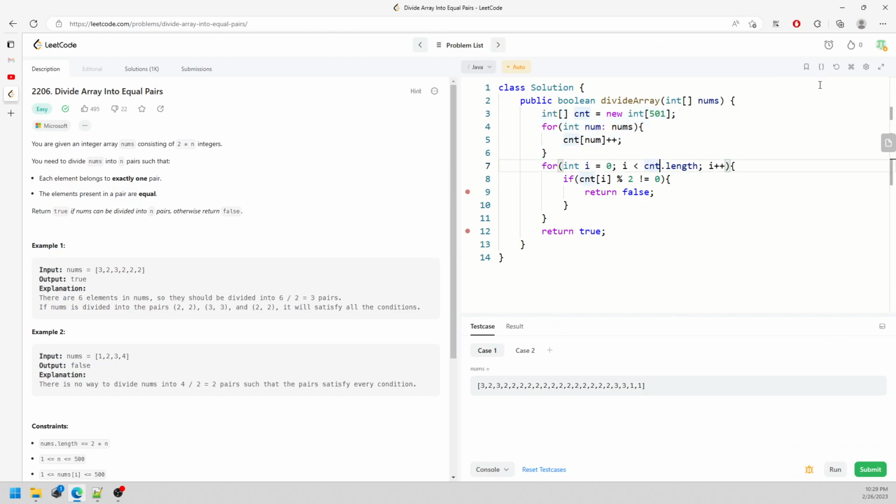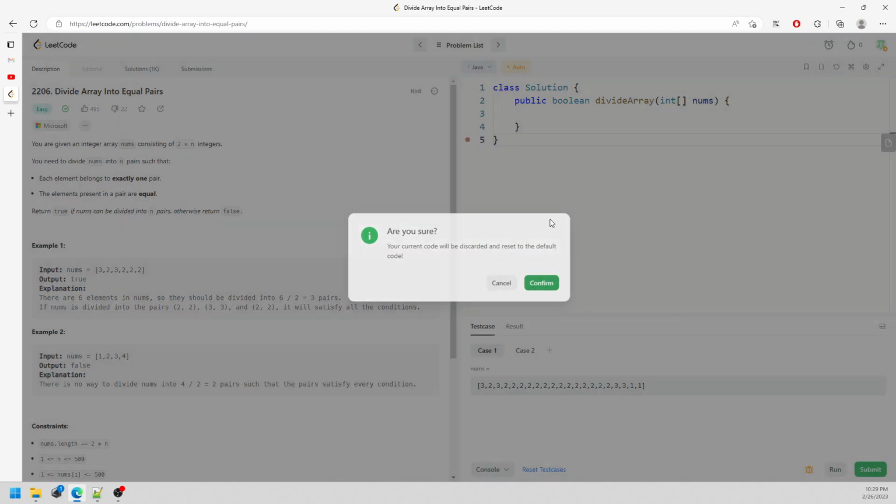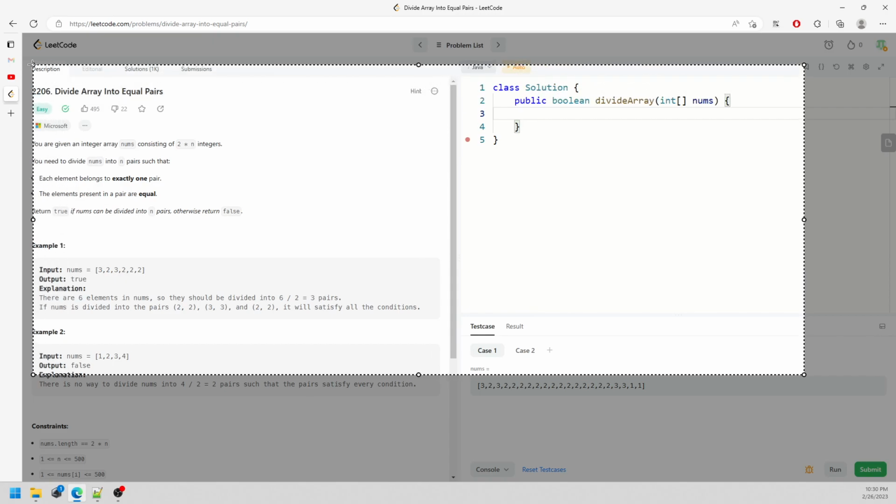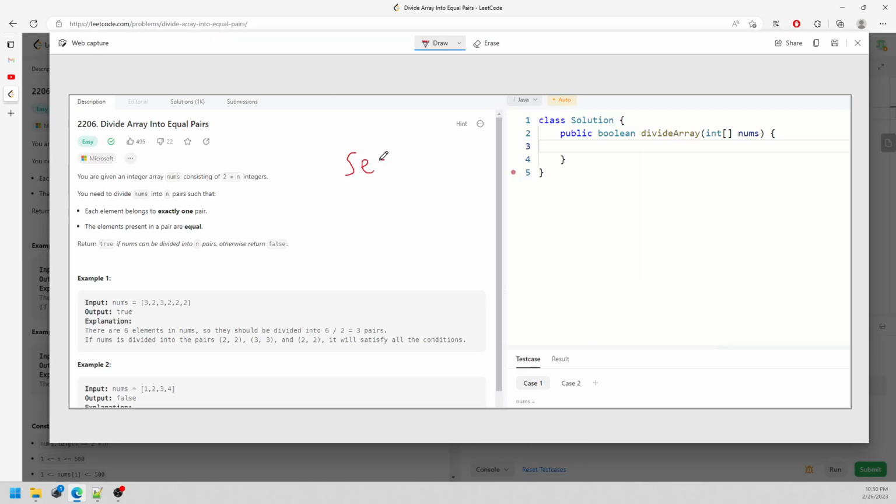So the second solution is going to be using a set. So still using the same idea. If you add a number into the set, it's going to be odd, right? And then if you see the number again, you can remove it. So imagine this is the set, right? If I add the first 3 into the set, so this is 3, right? If I add the 2 into the set, then this is 2, right? And if I add another 3 into the set,